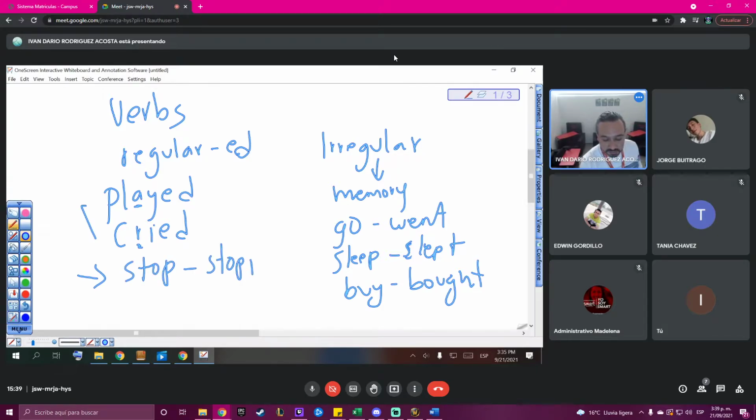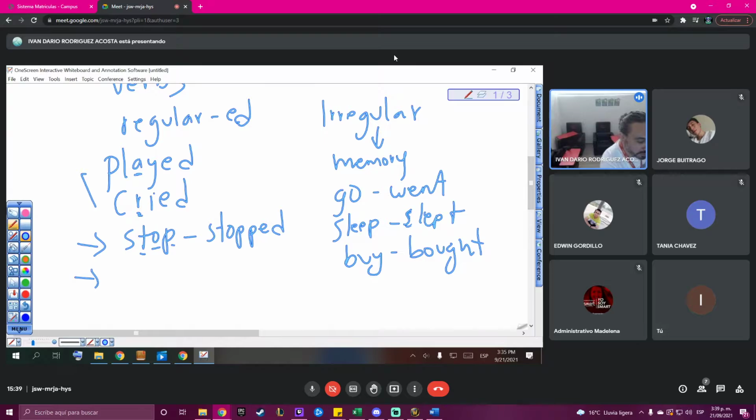We have double P because we have a consonant, vowel, consonant sequence. Another important rule that you have to remember, for example, invite, we have E, so it's not necessary to add E. You just say D. We just add D because the E is there, so it's not necessary to make a double E. That's basically what you have to remember about this.